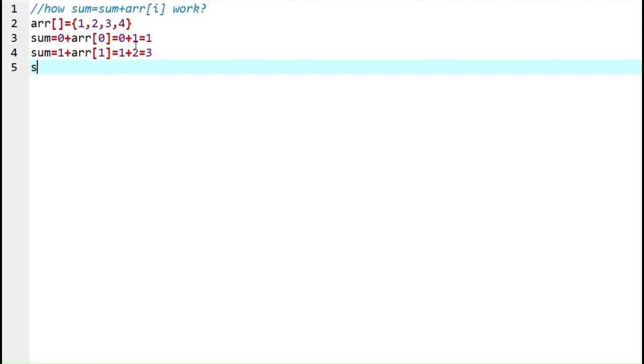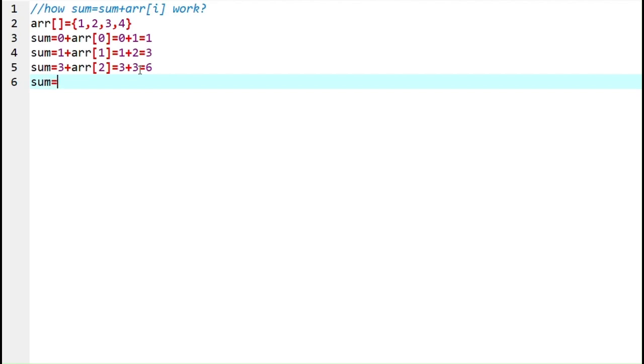Now sum equal to 3 plus the array that has the index 2, which is 3. So 3 plus 3 is equal to 6. And finally sum equal to 6